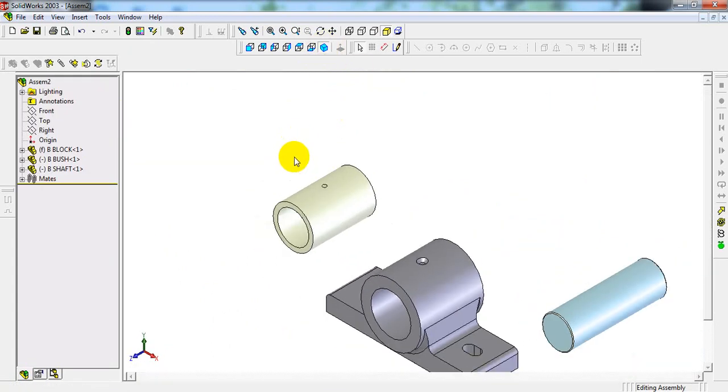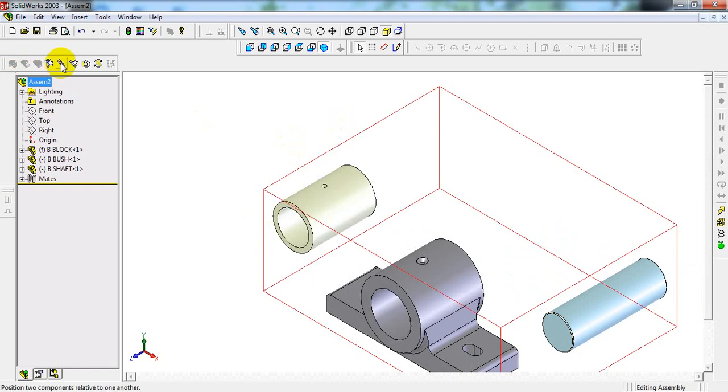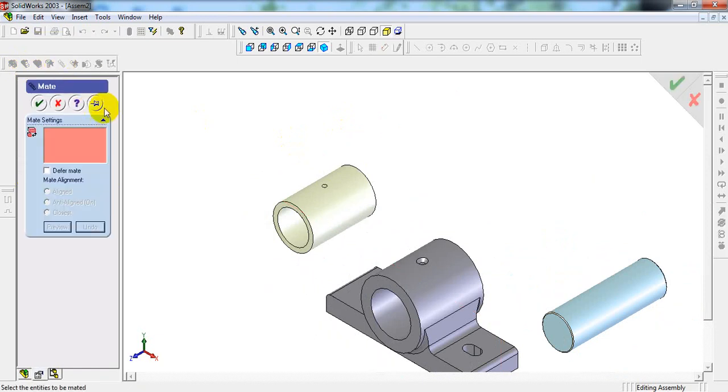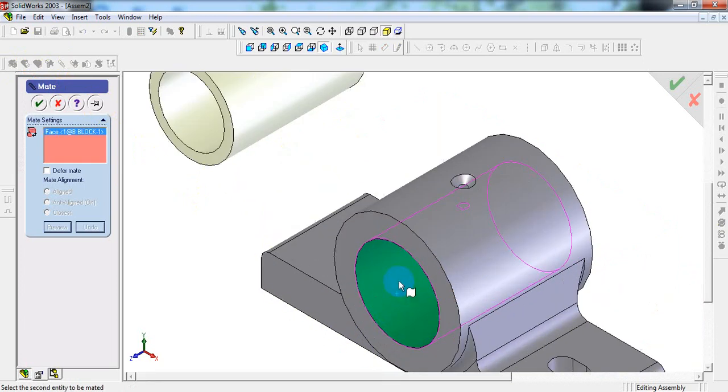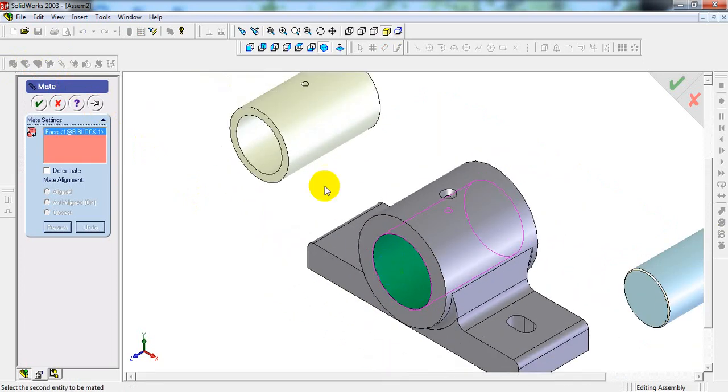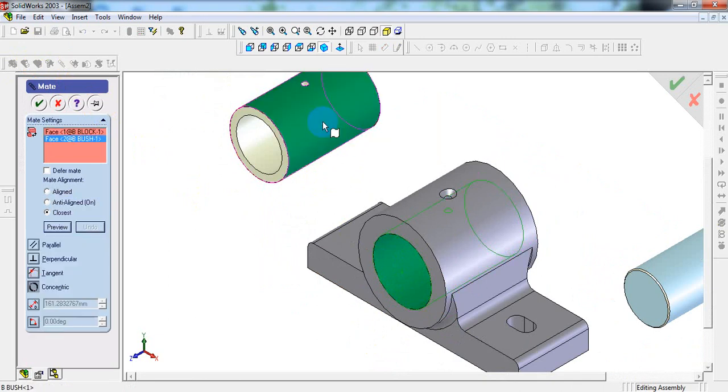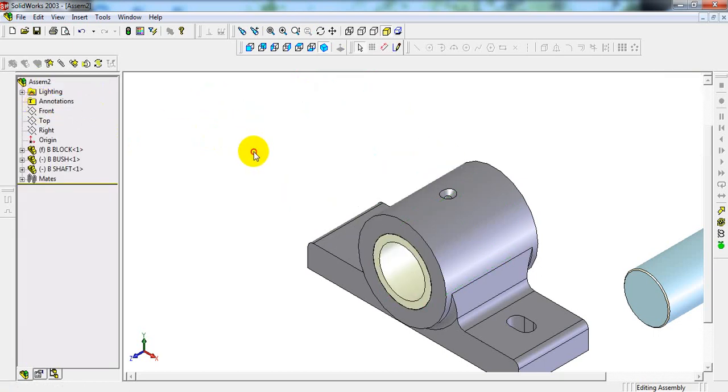Next second step, select mate, select the internal diameter of the block, this is the external diameter of the bush. Okay, select OK.